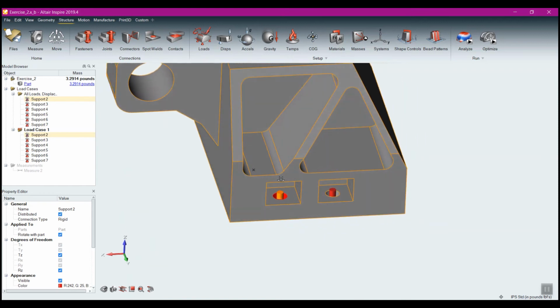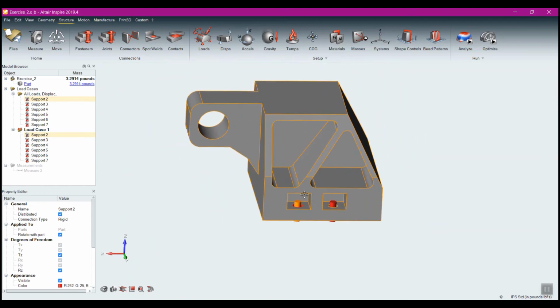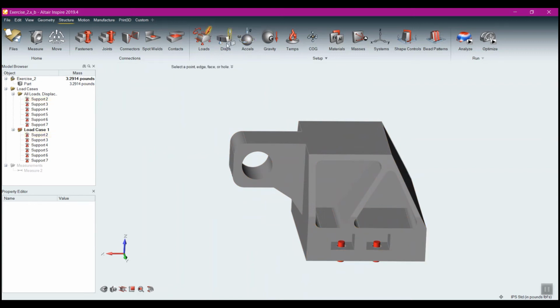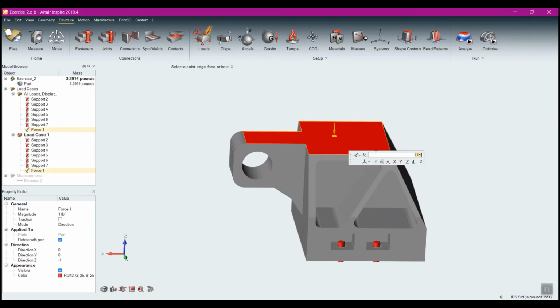The part is held in place, and the next thing I want to do is go and add a force to it. So I'm going to come here. I'm going to select my force. And again, I can put a force on an edge, a face, or a hole, or a point. If I select a face again, you see it says 1 pound force, and again, that entire face is highlighted in red, and thus that means that